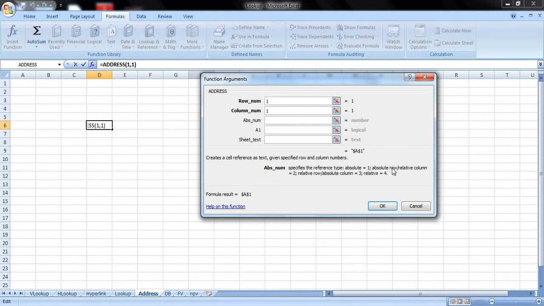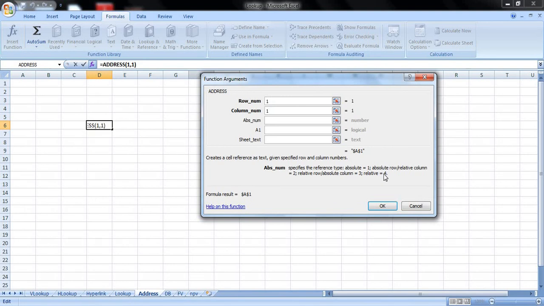If you wish to go for absolute row and relative column, you should enter 2. If you wish to go for relative row and absolute column, go for 3. What happens here with 2 is A$1 will be displayed, and with the third option, that is relative row and absolute column, $A1 will be displayed, with relative as the normal pattern.